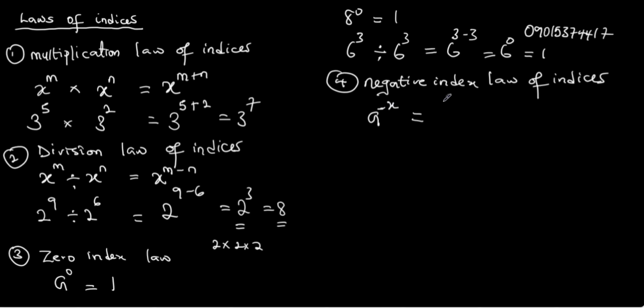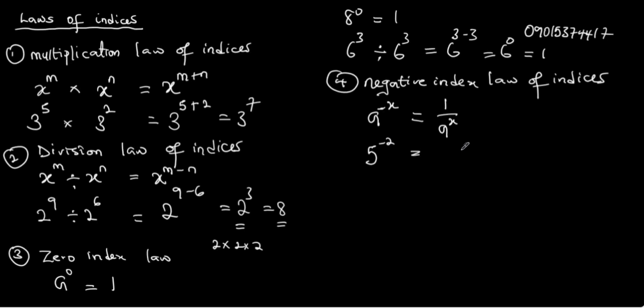That is the reciprocal, 1 over the base a and the positive index. So this negative is what changes to 1 over, which is the reciprocal of the base and its positive index. So for example, if I have 5 raised to power minus 2, the result is equal to